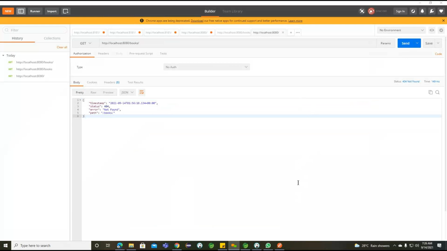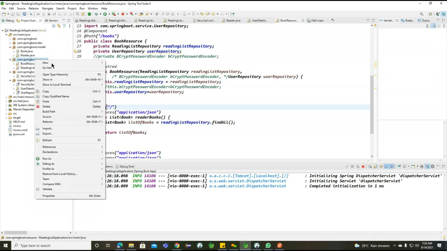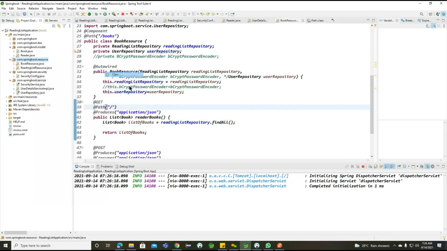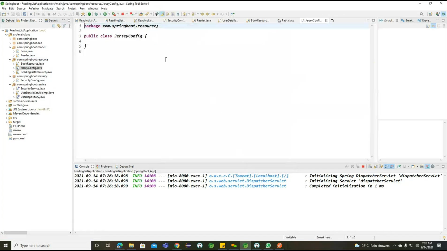So now what we can do, we'll try to add one configuration class here. Where I'm trying to add here inside this particular resource only, I'm going to add one configuration class here, Jersey config,